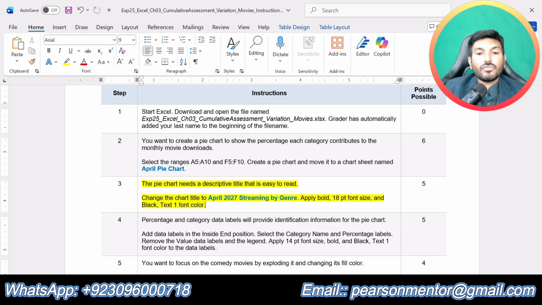So instead of copying this, I will simply go to the chart title and I will type this chart title there. So go to the chart title and we are supposed to type April 2027 streaming by genre.